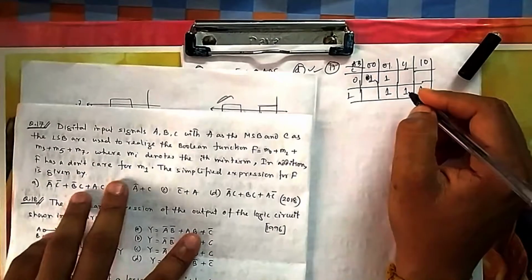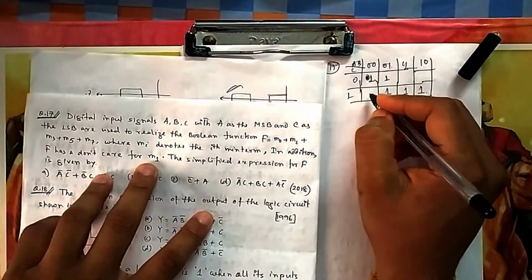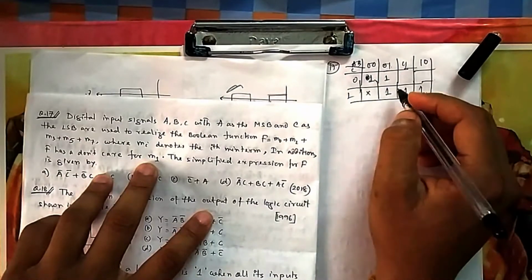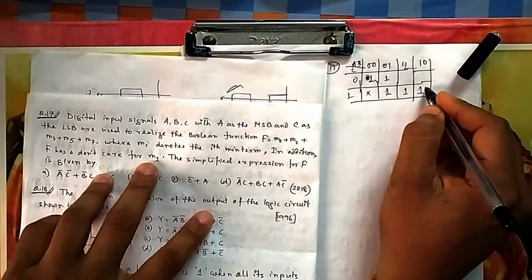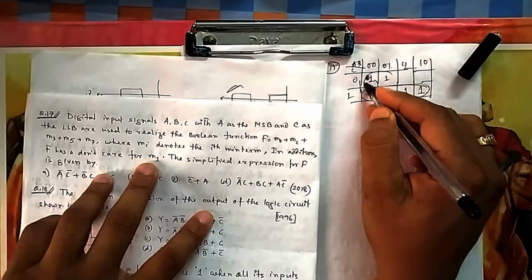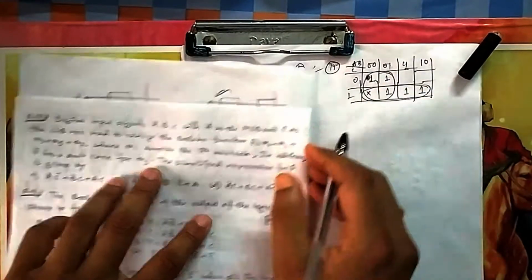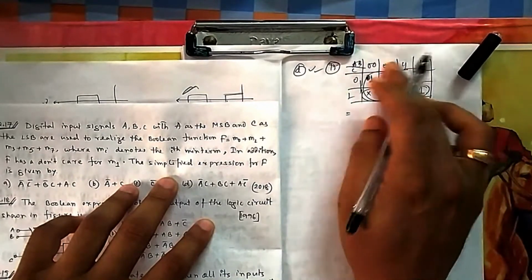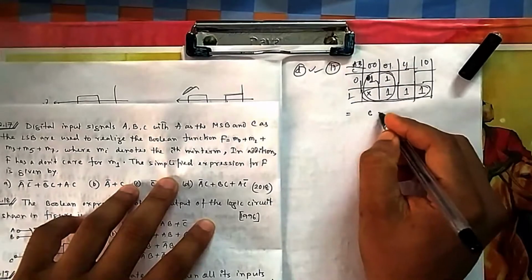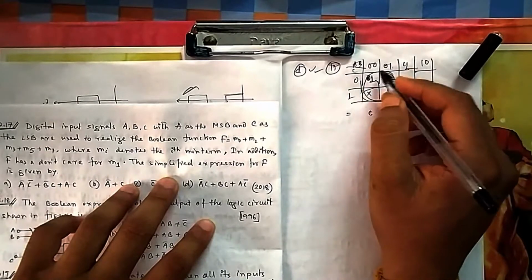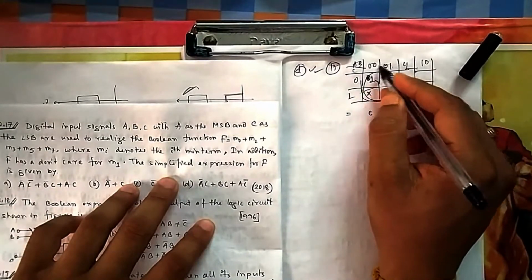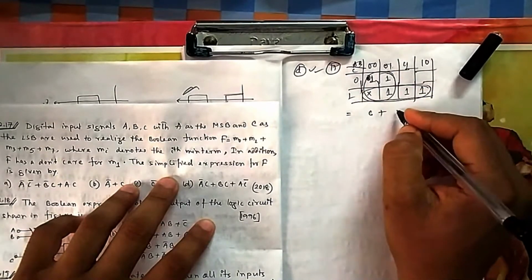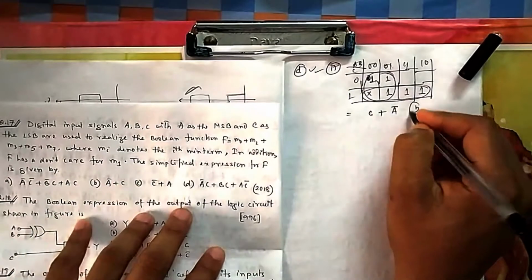And where is the don't care? The don't care is 1, that means 0, 0, 1. We know that don't care also we can take in a quad. So here we can take this one as a quad and this one as a quad. If you take both of these as a quad, you will get the output. So what will be your output here? A and B are both changing, only C is fixed. So C plus, here C is changing and A is not changing, B is also changing in this quad, so it is A bar. So C plus A bar, that is your option B.